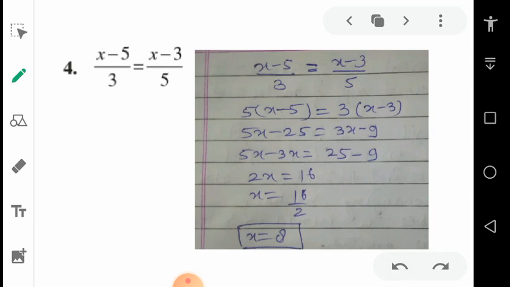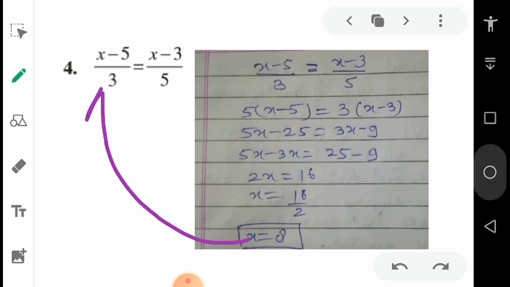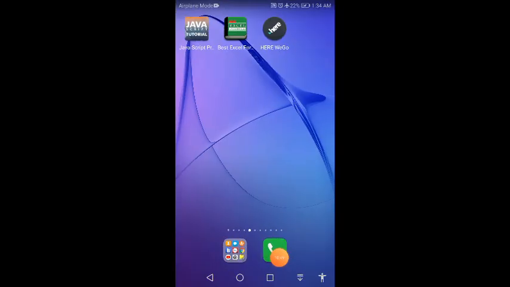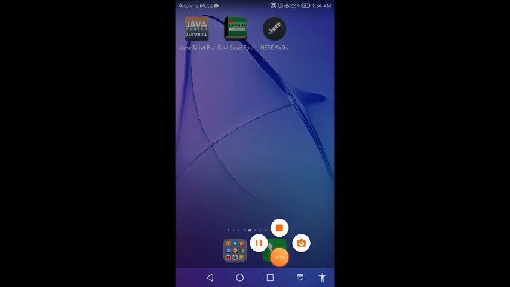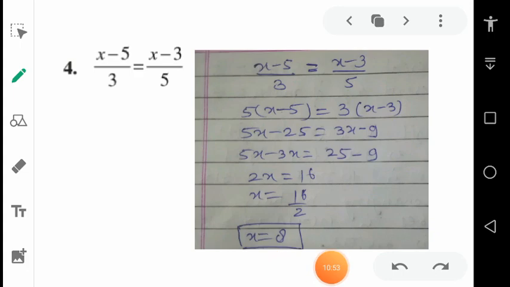Are you sure always that your answer is right? Again, in linear equations, try to do a cross check. So how to cross check this question? Cross check means we are creating a question from the answers. So put the value of x equals 8 here. Wherever x appears, you will write 8. Now try to solve it.